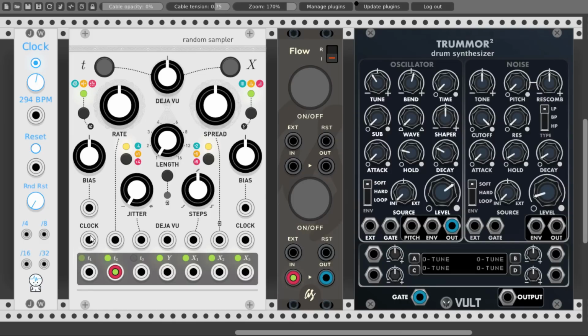And we also have the clock input, so we can drive Marbles with an external clock of our choice. And then the rate knob becomes a clock divider or multiplier. So here I have the clock from JW, it's set on a different BPM. I will connect it to the clock input, and this will be our clock now. With the rate knob we can divide or multiply the clock. And of course also here we can use the different modes.